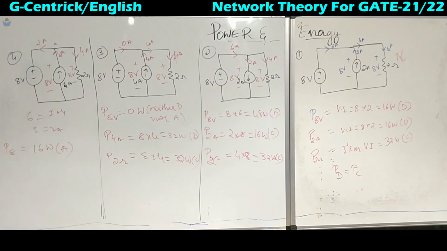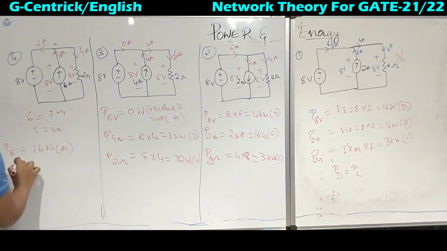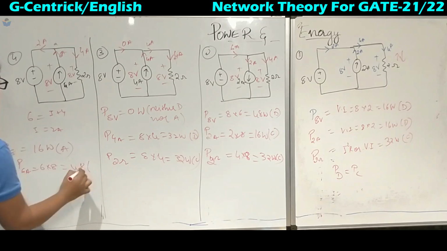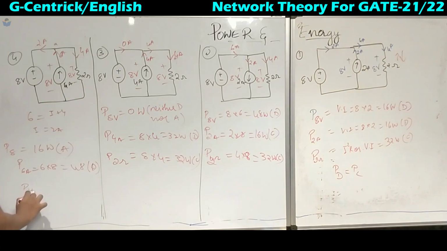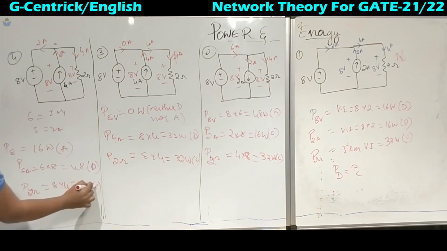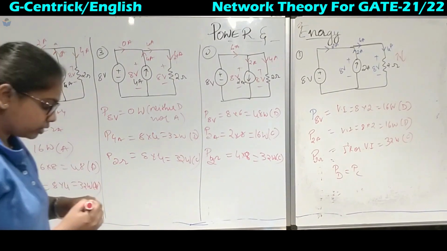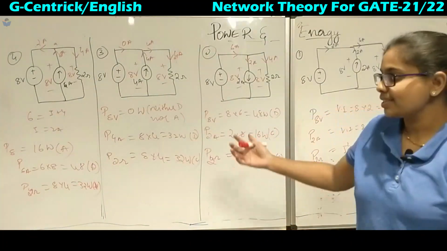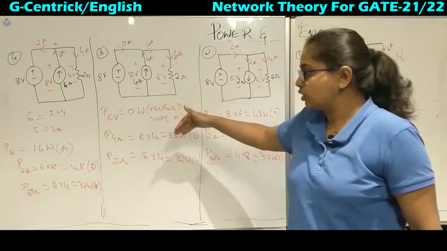Now what it is doing: the voltage source which we had classified as active is now absorbing the power. Next, P across the 6 ampere source, 6 into 8, 48 watts. They are in the same direction, so it is delivered. Next, P across the 2 ohm resistor, it is 8 into 4, 32 watts consumed. So 32 plus 16 is 48. So absorbed is equal to delivered. So in all 4 cases we have seen the law of conservation of energy is satisfied. Whenever you get 0 watts, it comes under the category of neither absorbed nor delivered.